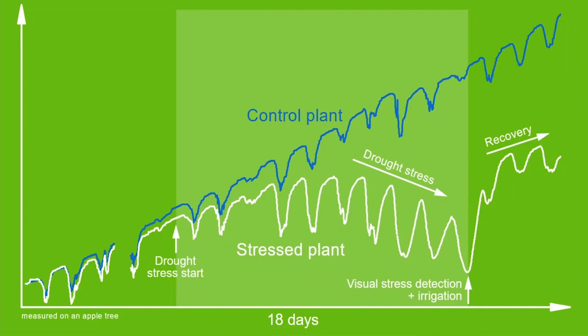Also interesting, and certainly for AQUA4D, is that we can also detect stress with our measurements. And how is a plant expressing stress? It's through a shrinkage of multiple days, the thing we see here. So this example shows an apple tree with a control plant and a stress plant. From here on, the white plant doesn't get any water anymore. In the beginning, the plant will grow in the same rhythm as the control plant, but after 4 or 5 days, we can see that